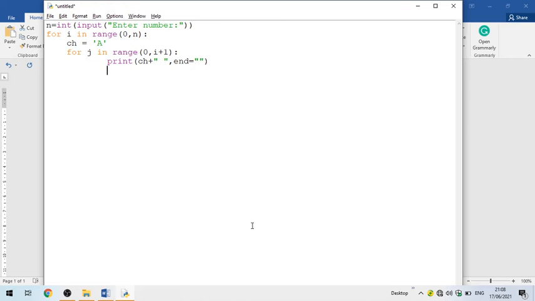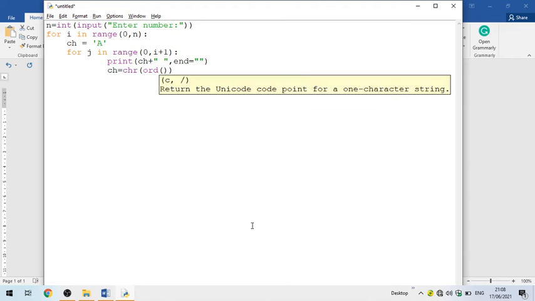Then we need to print A, B, C, D. So just increment A to B and then B to C. Assign your ch using chr, and first you need the ord function. This ord function will convert the character to an integer.